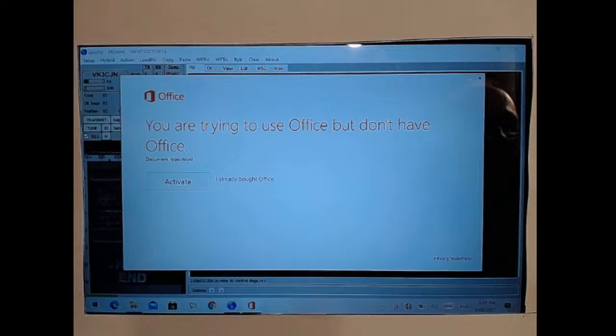But on this little tablet computer, nobody has installed Microsoft Office. So what came up after a complete decode was a big sign saying, "You are trying to use Microsoft Office but don't have Office. Please activate and pay." So we've got it, but we sort of haven't. But it's a very effective way of showing the different aspects of using EasyPal. It can be used to transmit a huge amount of text in very short time. FTZD, VK3AML.